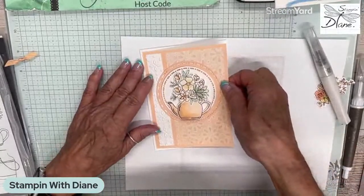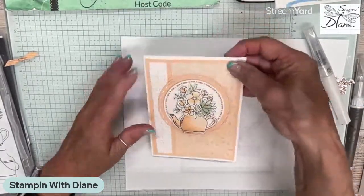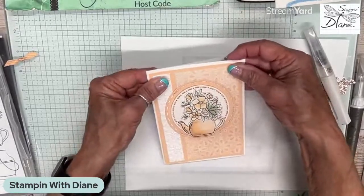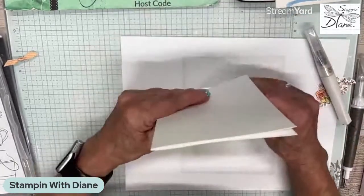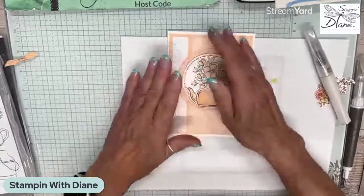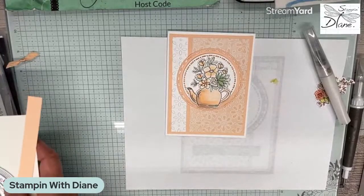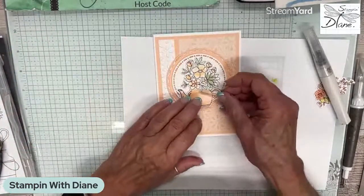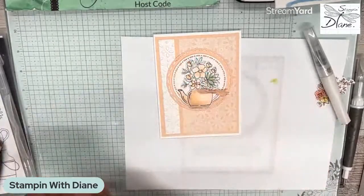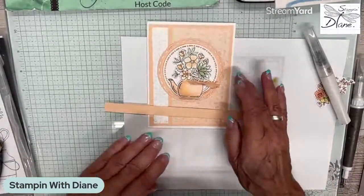Now, like I say, that's thick basic white, which is great for your card base. If you use regular white, it's not going to stand up as well. Now, we're also going to, and I thought I had a piece of that in here. I wonder where it went to. I wanted to, okay, I have this here. And I want to go ahead and put some